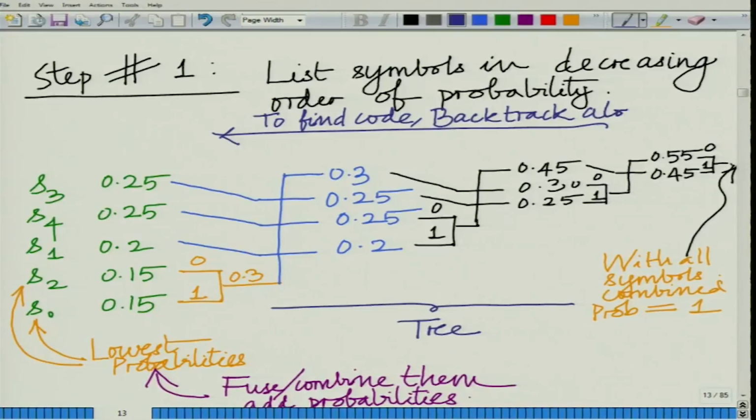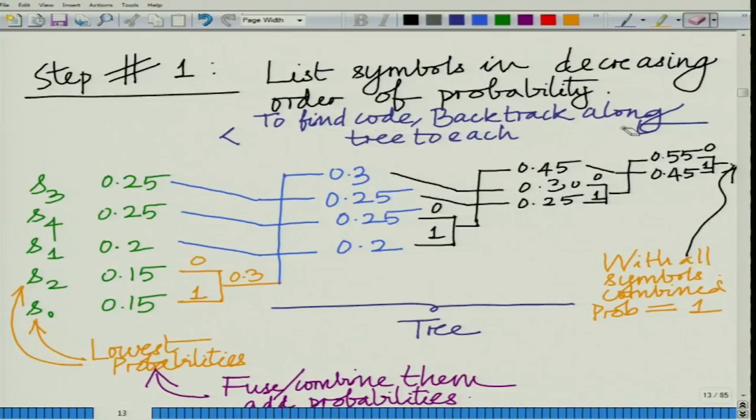Backtrack along the tree to each symbol in the alphabet, correct. You backtrack along the tree to each symbol. For instance, to find the code corresponding to, let us say, symbol S0, well, S0 will be